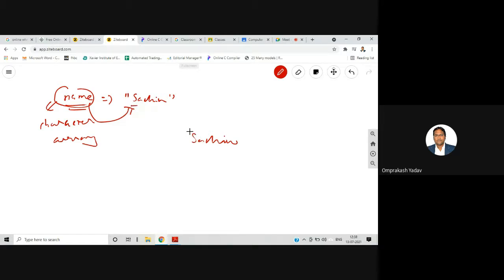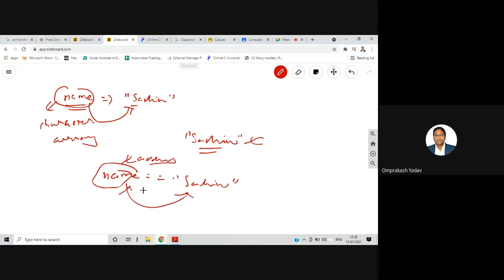Now I am having one string constant, and it will be located somewhere else in the memory. So now when I compare this name equal to this Sachin, this name will have the address, and obviously this will not be equal to that, because this equal to will do the reference checking. It will not do deep checking. It checks whether both the pointers are pointing to the same variable or not, right?